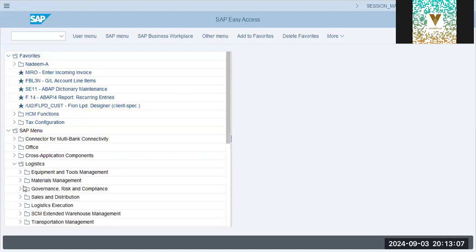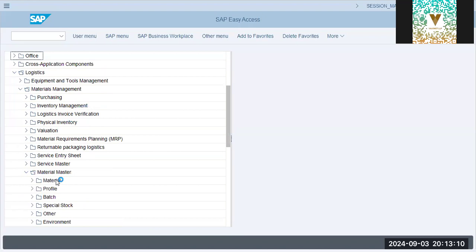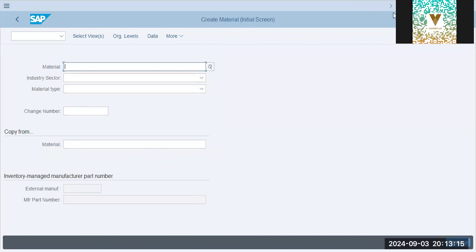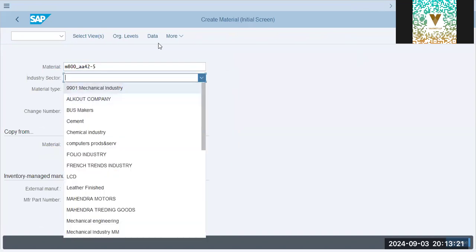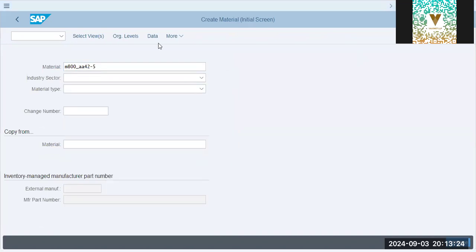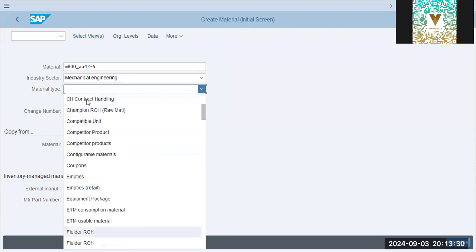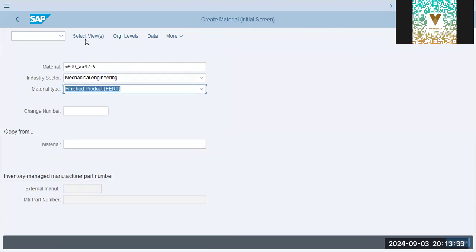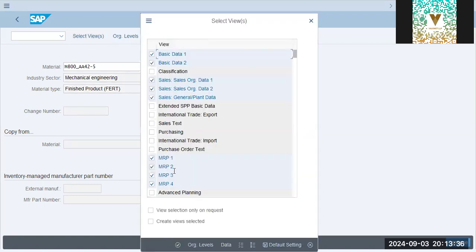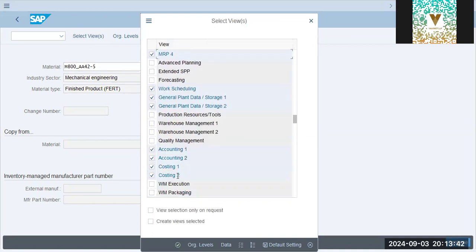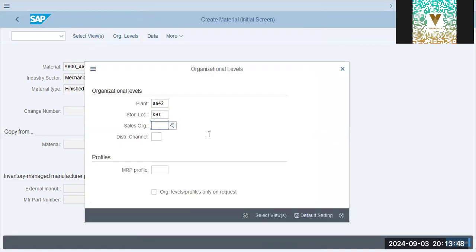Okay, logistics, material management, material master, material, MM01. This is your T code. MM01 is your T code that you can see over here. Okay. Mechanical engineering, material type, part, select views. Now, these are the views that you will actually use for your material creation. Okay. Organization levels, AA42, storage locations, org, channel,